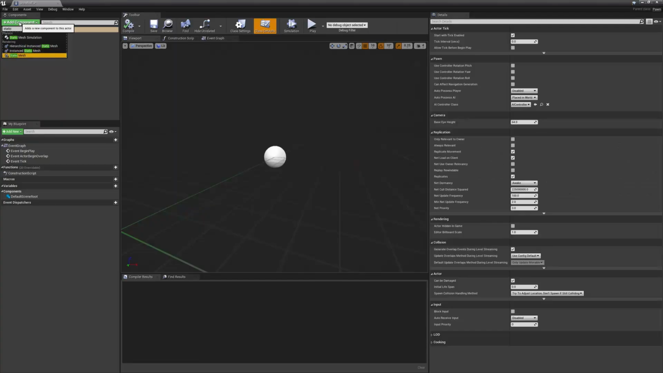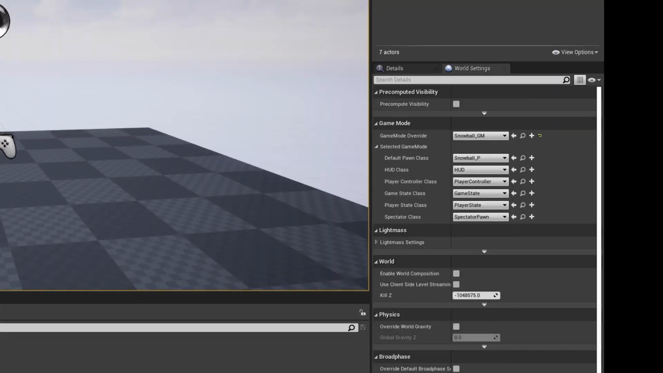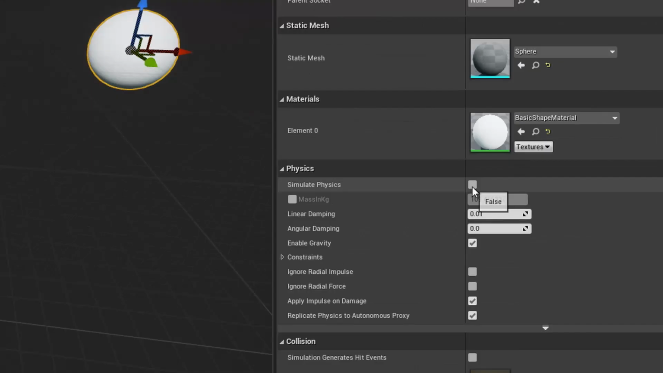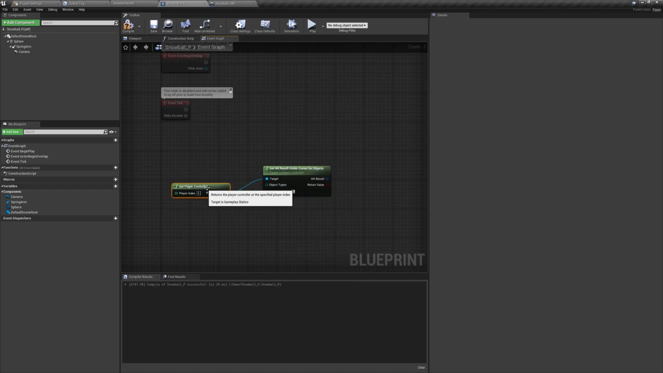Start by making your pond. Then add the actual mesh and the camera. Make sure to have a custom game mode as well. Turn on physics for that ball. Alright, it bounces. Now we're going to track the mouse in order to rotate the arrow on the ball that